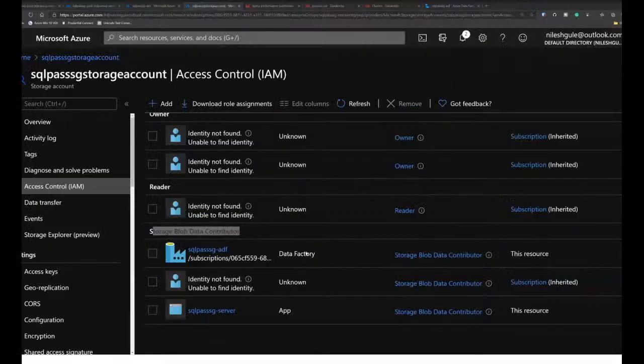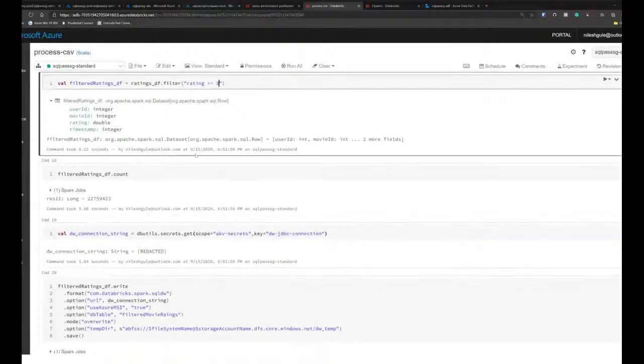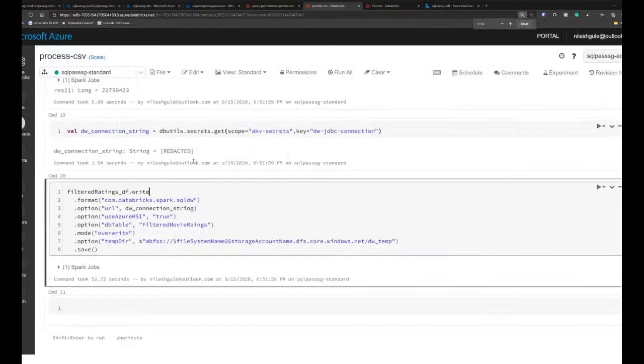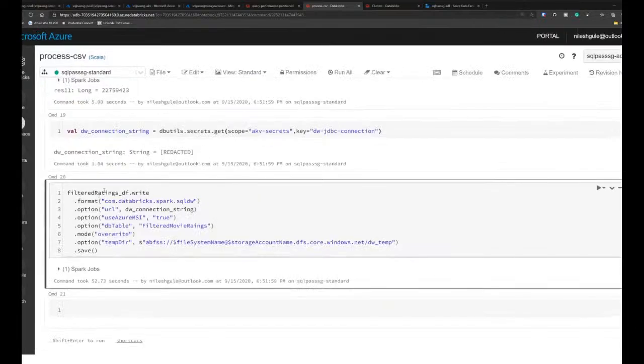So let me go back into the notebook. This is what is happening here. We use the data frame and its write function. We use a custom driver provided by Databricks for SQL data warehouse connectivity. This is like your ADO.NET driver, JDBC driver or SQL driver, which is available for other connectivity options, but this one is optimized for SQL data warehouse. And then we provide the connection string, which is of the format I showed just now.